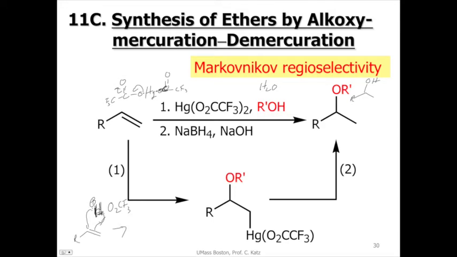That's an R group there. And here's your mercurinium bridge, all right? And once you have that, Hg, there's that, and then you have your trifluoroacetate group on that side, all right? CF3, all right? And there's your mercurinium bridge right there, okay? And then what happens there is your alcohol from here comes in and attacks this side, all right? So you have whatever that alcohol is here, comes in and attacks pretty much the most hindered side of this guy here,